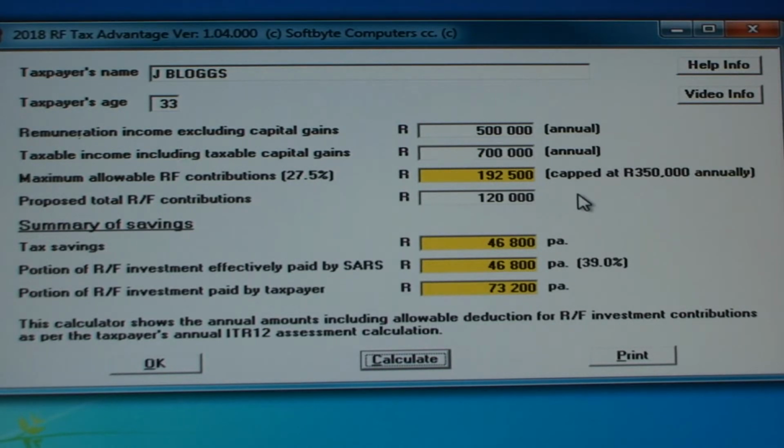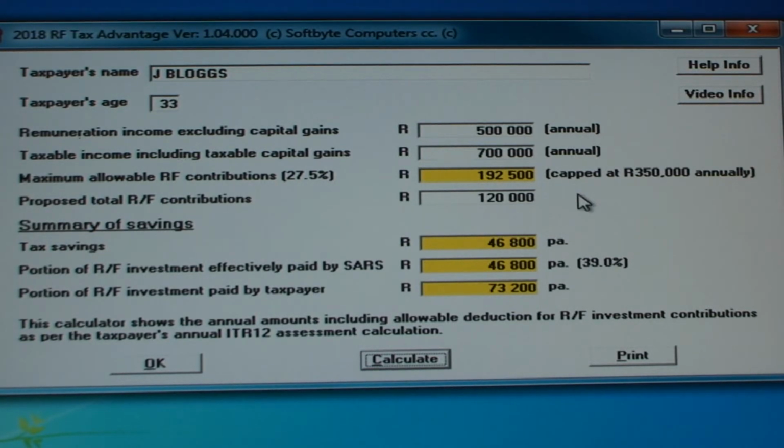In the same example, if the taxpayer also enjoyed a capital gain of 790,000 Rand during the year, then after the 40,000 Rand annual exclusion, 40% of the balance, or 300,000 Rand, would be added to the taxable income, making a taxable income including capital gains of 700,000 Rand. Remember, 500,000 Rand remuneration less 100,000 Rand travel claim plus the 300,000 Rand capital gain. The taxable income, including capital gains, is now 700,000 Rand, which is more than the 500,000 Rand remuneration entered,